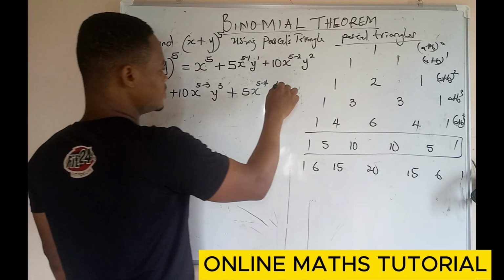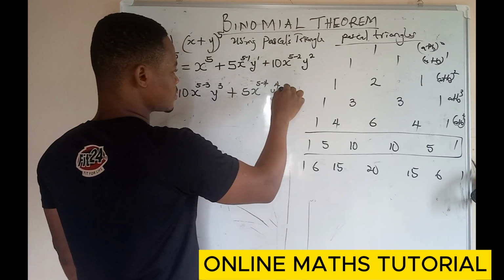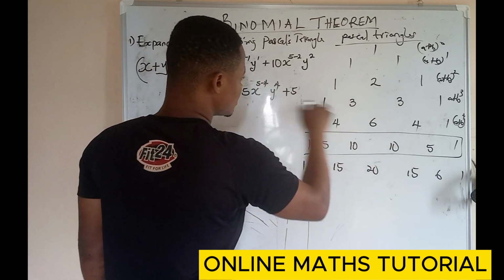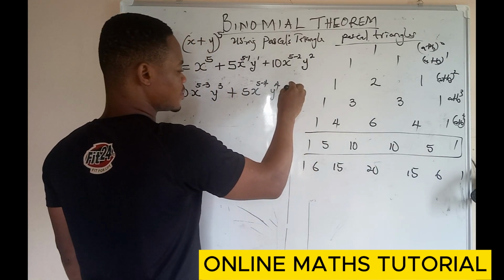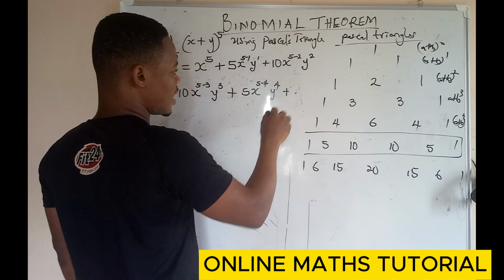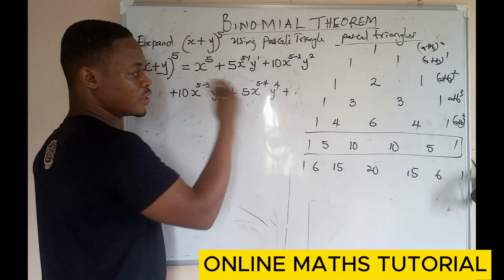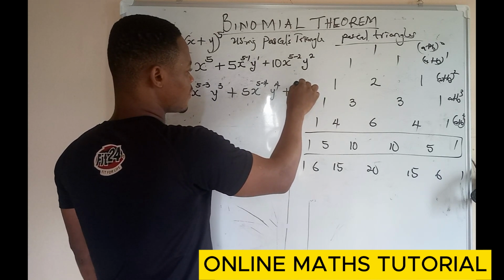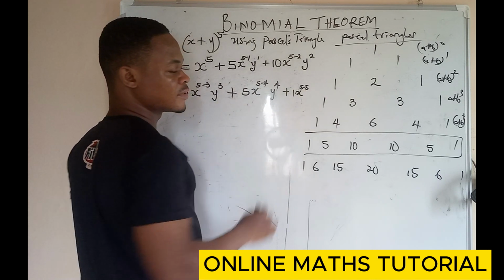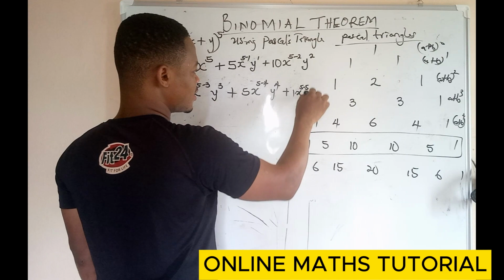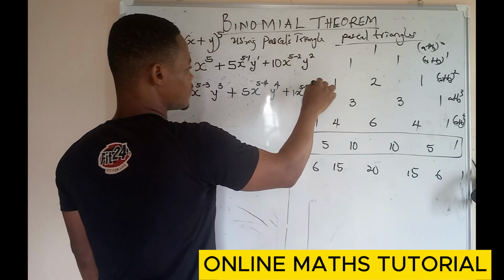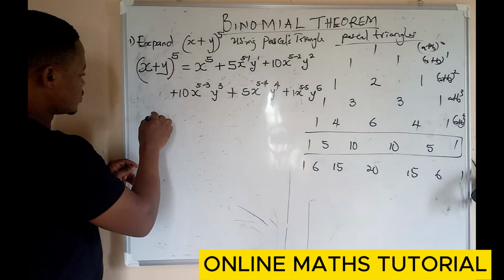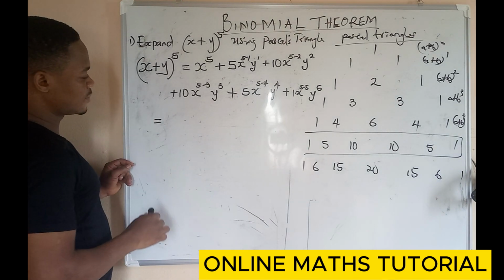The last one is 1. The coefficient is 1, and you only take the value of y. Or if you also want to solve it, you have 1 x raised to power 5 minus 5, y will also increase to 5. So when you solve this, you are going to have